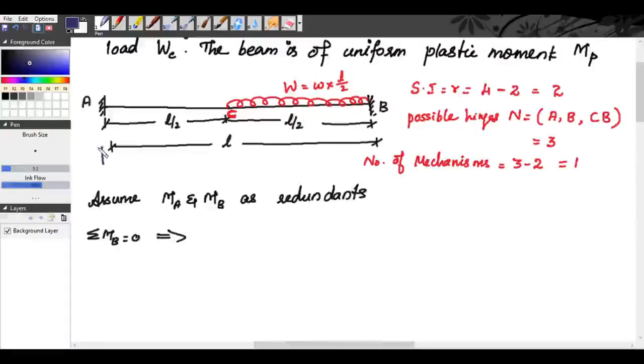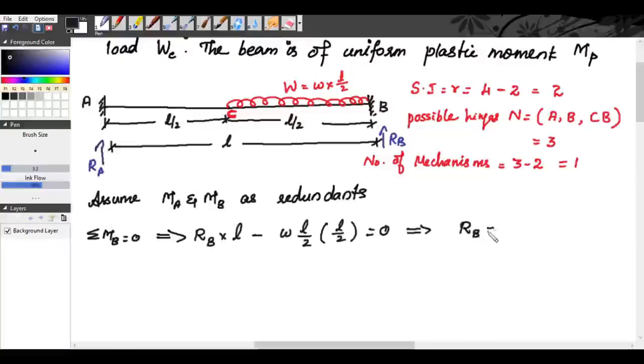Here we have vertical reaction at A, RA, and vertical reaction at B, RB. So sigma MB is equal to 0 implies RB into L minus this load W into L by 2 multiplied by half of the distance, L by 2, is equal to 0. So from which we get